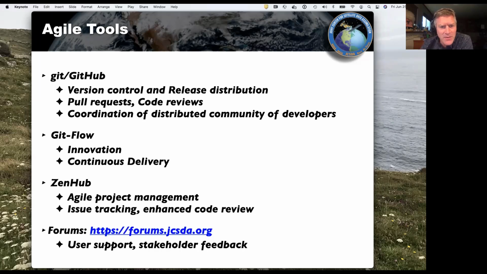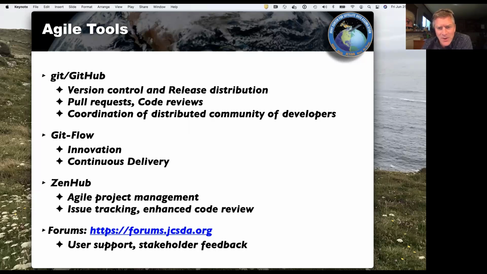As I said, we have developers all over the U.S. and Europe, and maybe beyond. So everybody's in different time zones, different locations. But if you can see the code on GitHub and do a clone and do a pull to update your code, then you don't have to be in the same room. It can help to be in the same room sometimes for code sprints to get something specific done, but this GitHub platform really helps coordinate this distributed community, and you don't have to be in the same time zone.